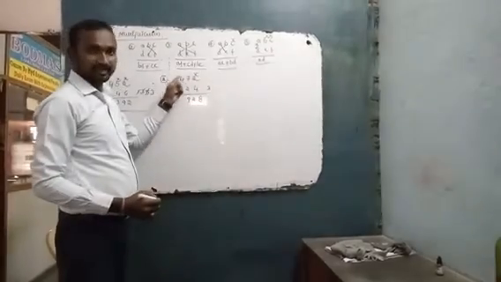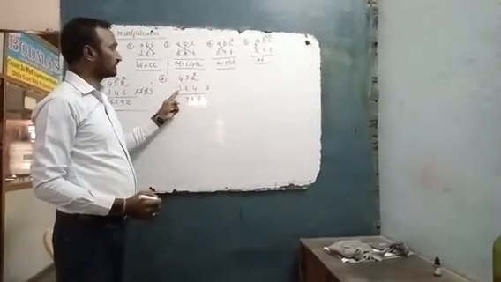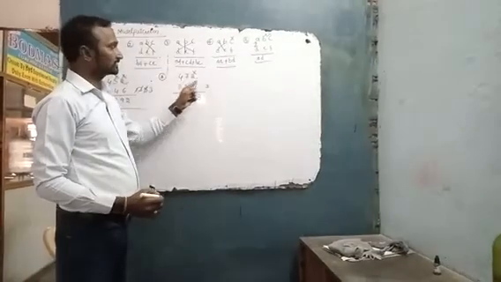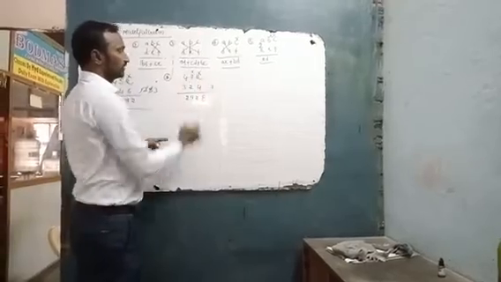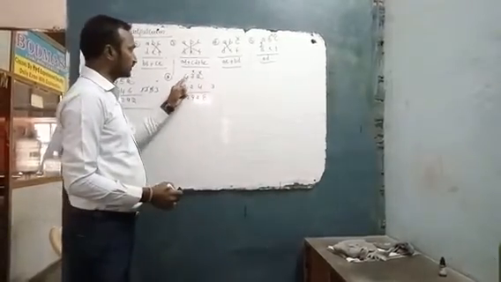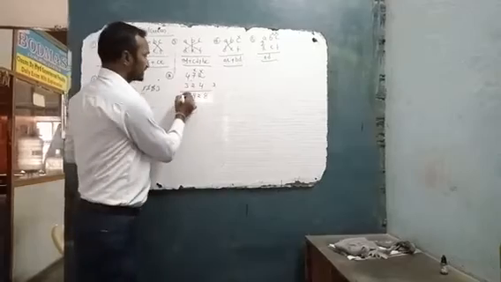Now 2 4s are 8. 7 3s are 21. 21 plus 8, 29. Plus carry 3, 32. Now carry is 3. Now eliminate one more column. And final step is 4 3s are 12. 12 plus 3 is 15.